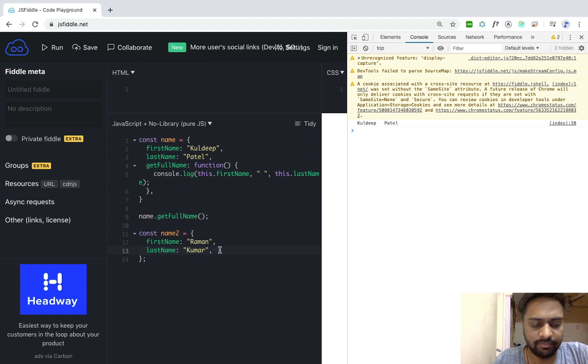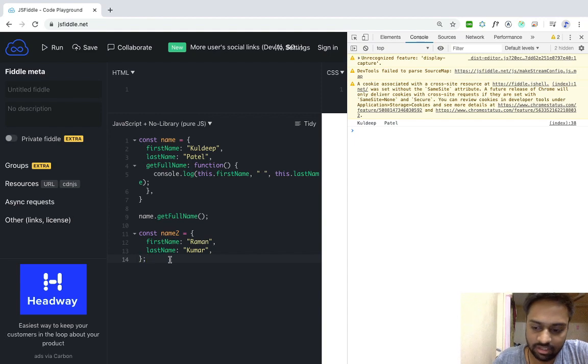So if I want to print the full name of this name2 object, then one way is I can copy this getFullName here, or the other way is I can borrow the function from name object and call that function on name2 object. So this is a pretty good way. In JavaScript, this can be done using all the three methods: call, apply and bind. By these methods, we can borrow the functionality of other object or function, and we can reuse the code.